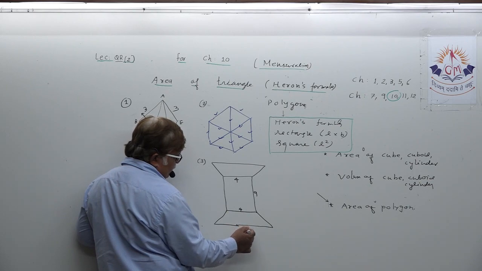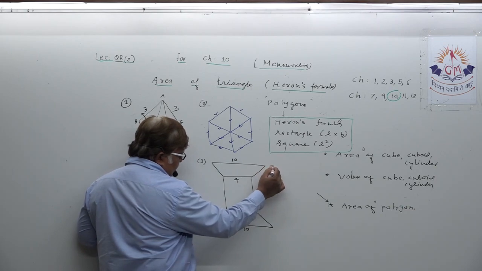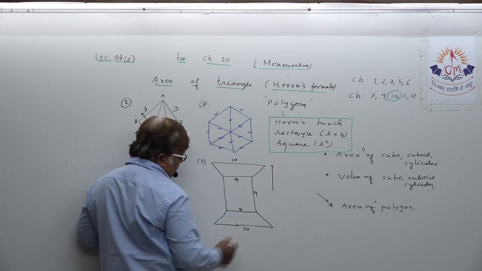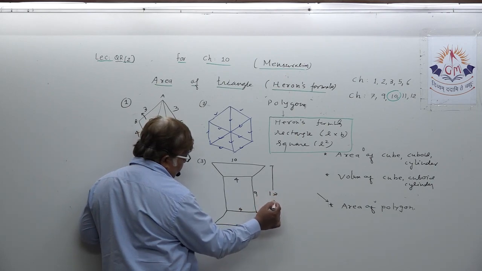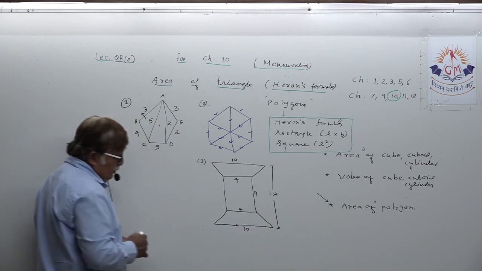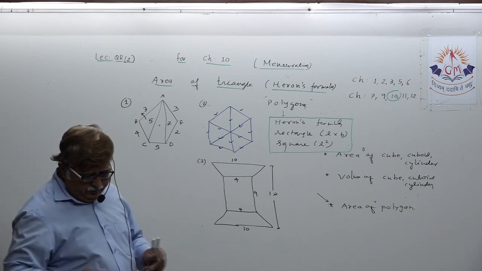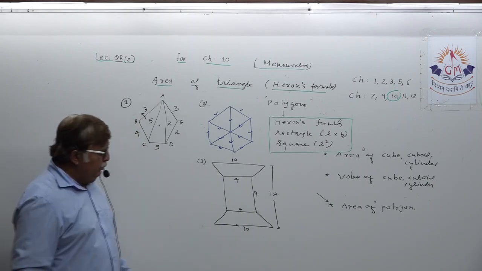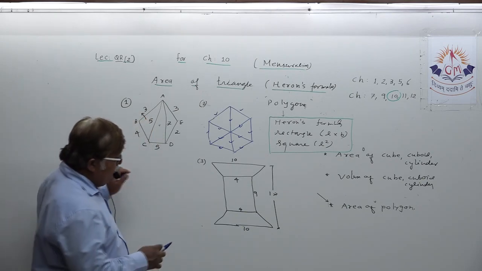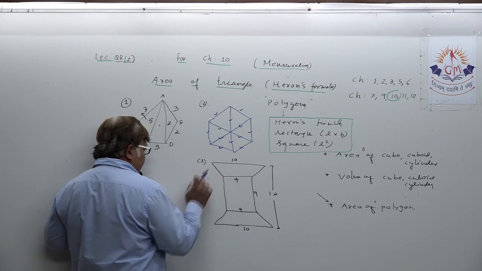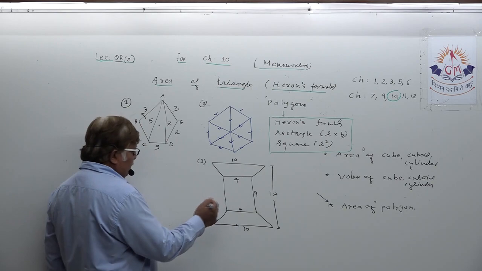This is given 10 centimeter, and the total length, please try to understand, has been mentioned, suppose 17 centimeter. This is the diagram. Now if you are asked to find area of such type of polygon, then your mindset has to be very clear that in finding the area of this polygon, how many diagram first appear here?